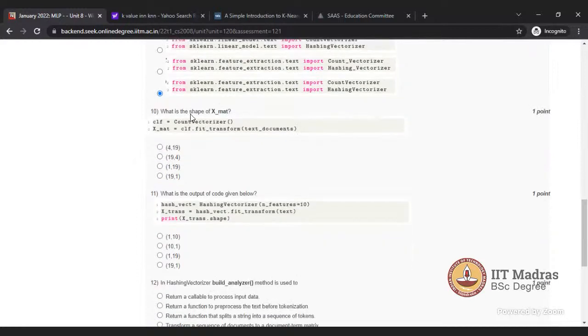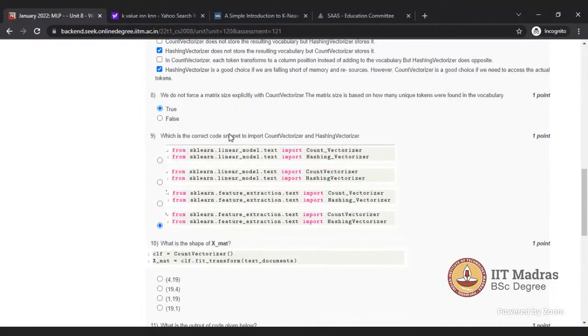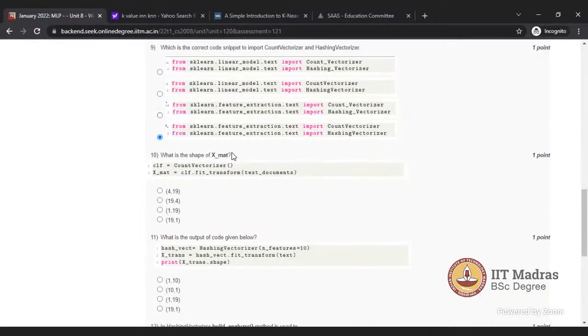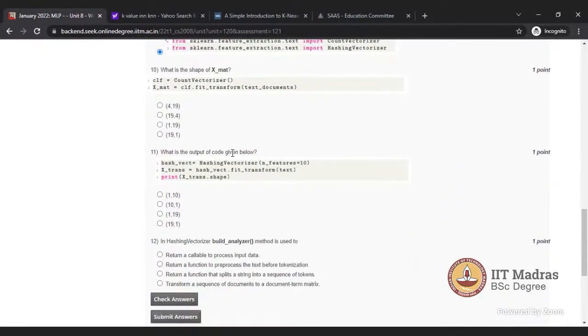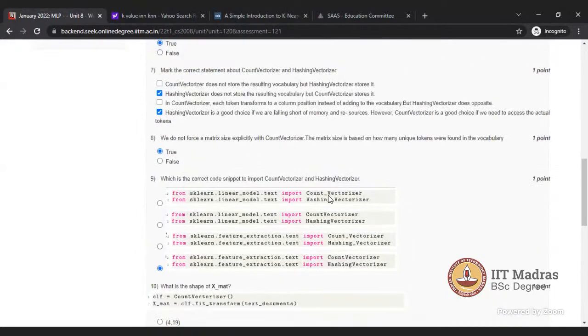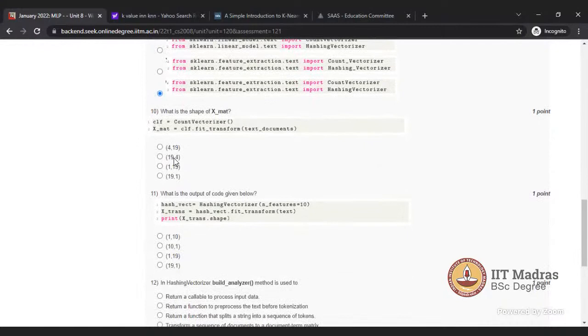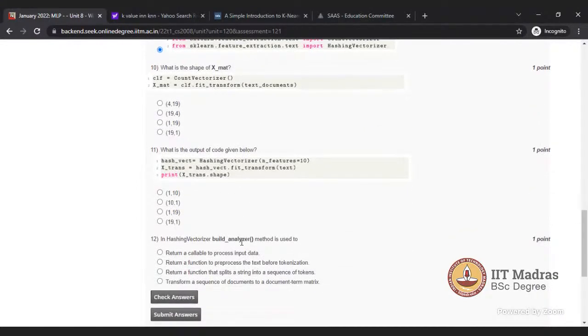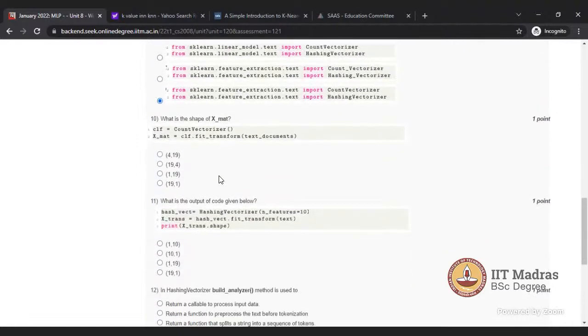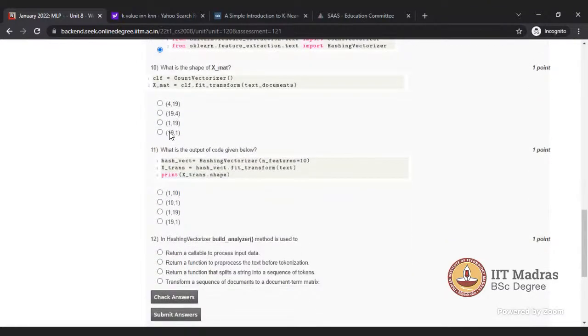So what is the shape of X mat that we will get? We'll apply this. Have we been given the data set? There would be some data values. I think they missed that. The text document is not given, right? Yeah, they just missed that. There was a data set. So should that be 19.4 or 19.1?